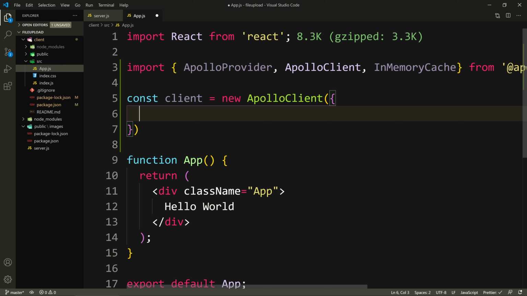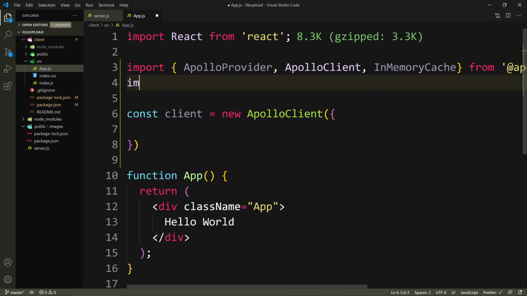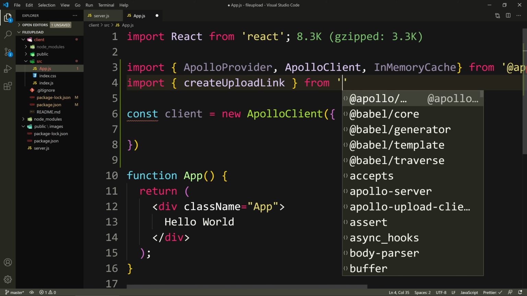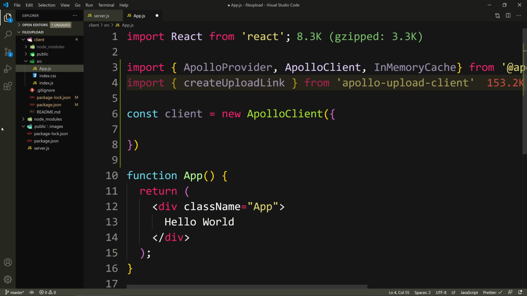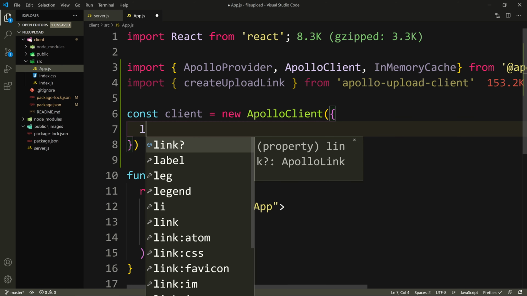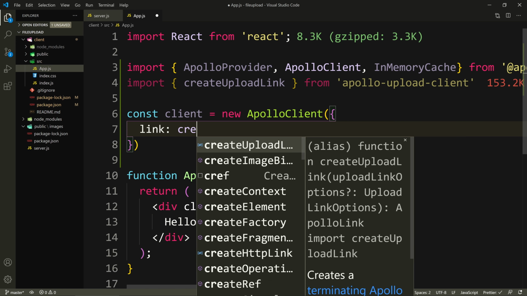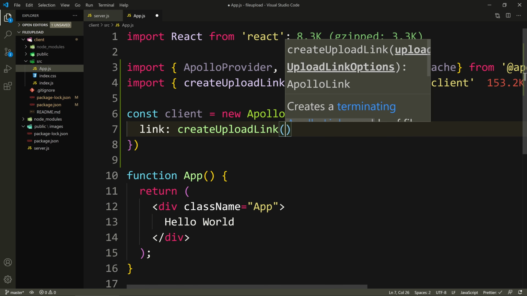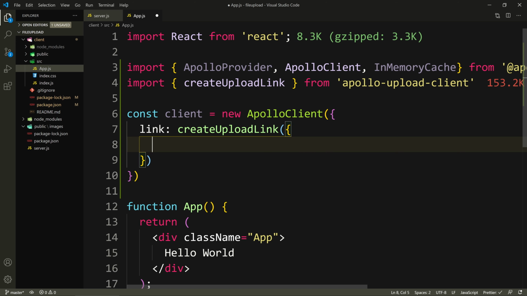Actually, I'm going to straight away use that upload client. So here, let's say import and destructure createUploadLink from this library apollo-upload-client. And here for the link, we'll reuse this function. So createUploadLink and open it and just take curly braces,